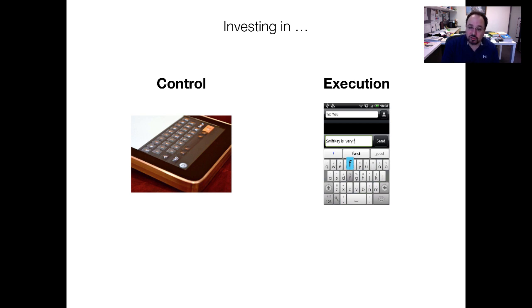So whereas in control, you erect barriers to entry to protect yourself from future competition, in execution, what you do is you just try to stay ahead of the pack. Control, to erect those barriers, takes a long time. Execution allows you to get to market quickly, which can be really important for resource-constrained firms. So there is a trade-off there. Okay, so let me delve into this just a little bit more. Let me give you some examples you can understand.